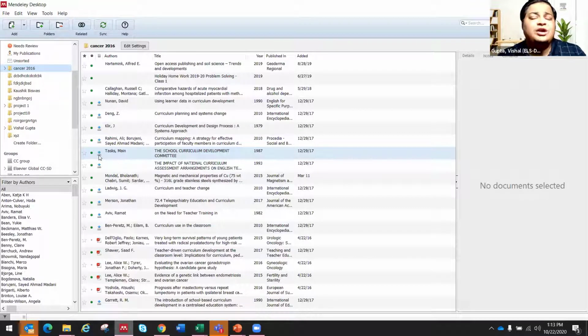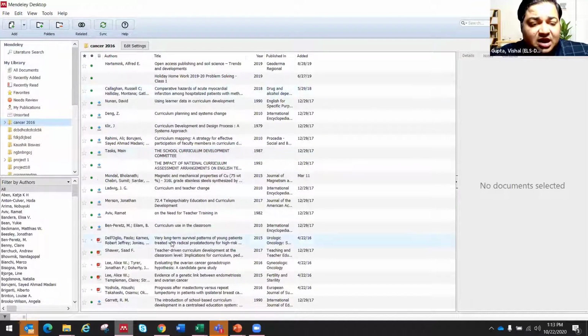Sometimes people do not directly download the files because they want to save on space. So you can do that, if you need the article, you can download the PDF. If not, you can only save the reference and save the PDF on your desktop, so it can save some space. But Mendeley has a space of 2 GB, which is huge. A lot of space is available on Mendeley, right?